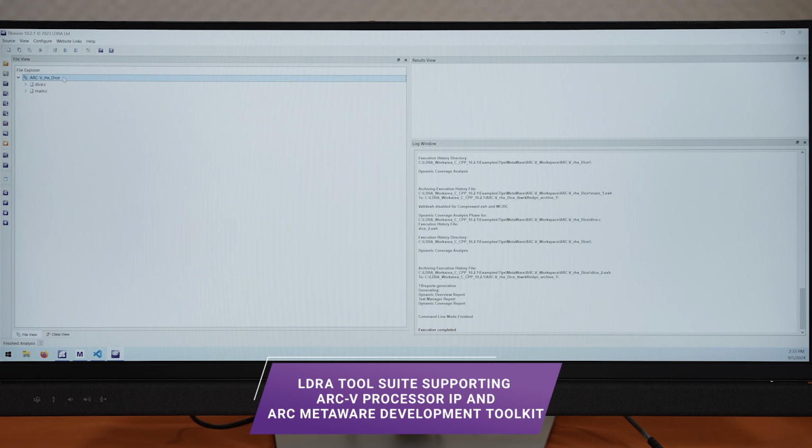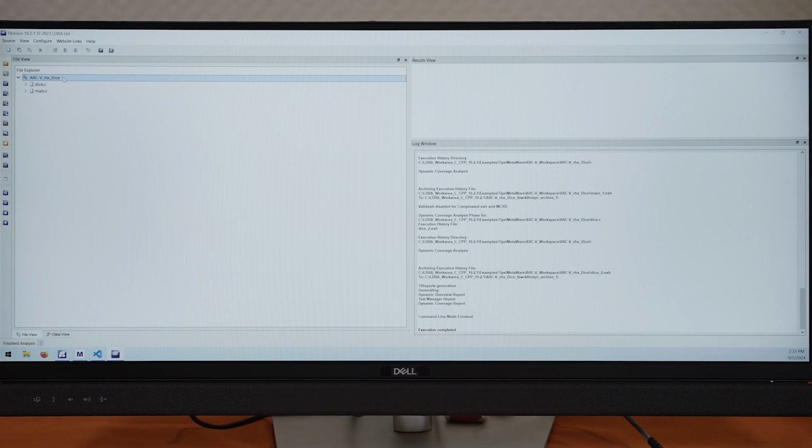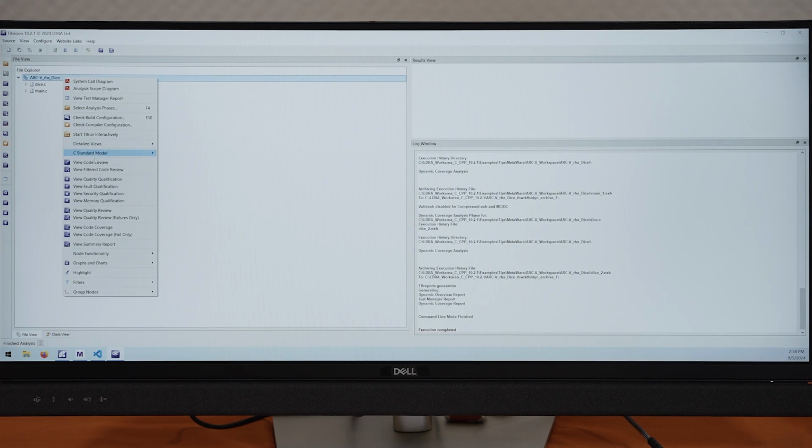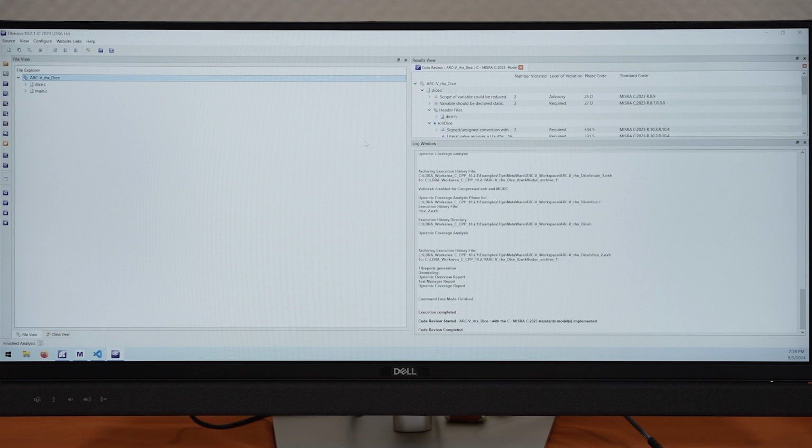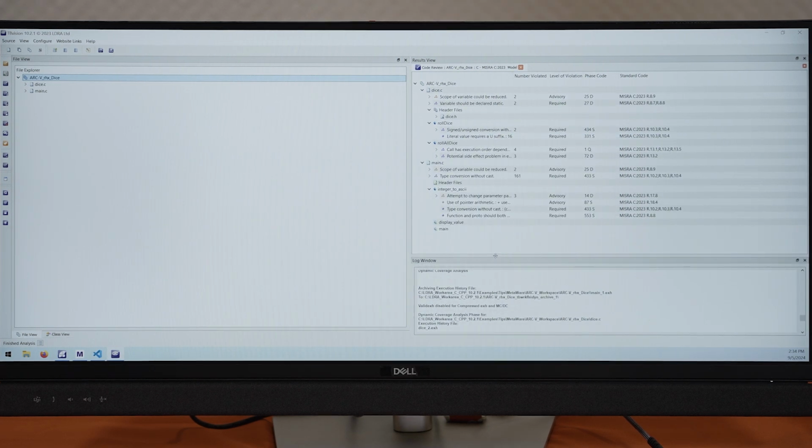Static analysis takes a look at the source file to detect unsafe coding practices, such as using undefined behavior. This lets us capture some runtime errors before they even happen, before we're even executing your code. So now that our results are done, I can bring up our code review. And these are all the violations that were found.